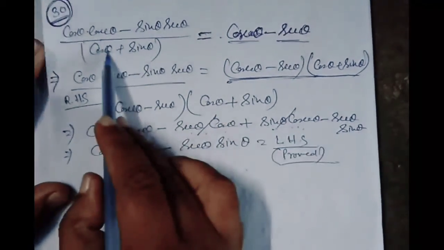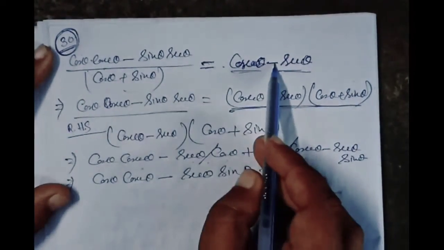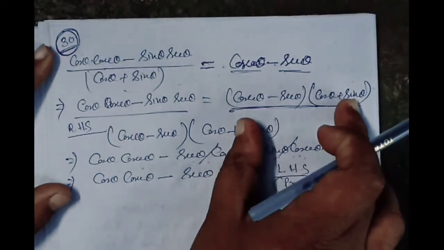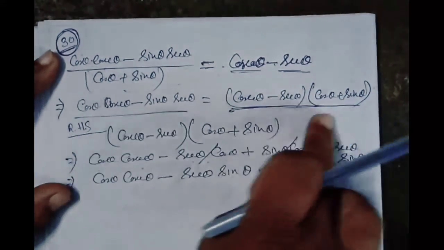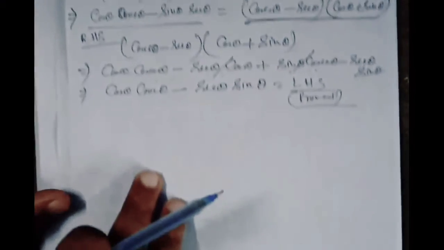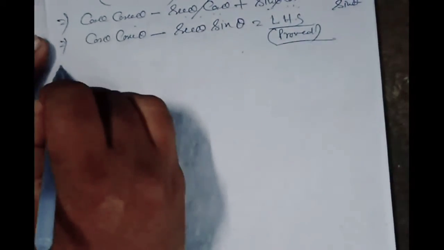Okay, we first took it by multiplying, but first we should multiply over here, then taking this as RHS and this as LHS, we have proved it there. Next, move to another question. Then it is question number 31. Question number 31. Now what is given in question number 31?